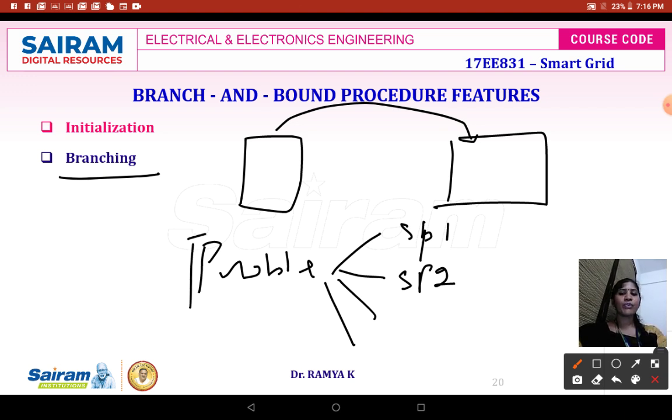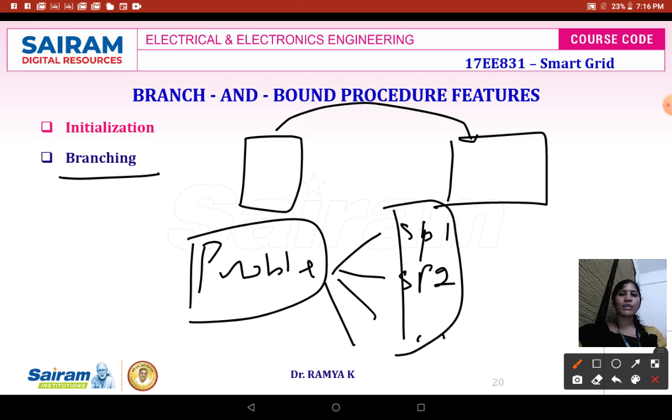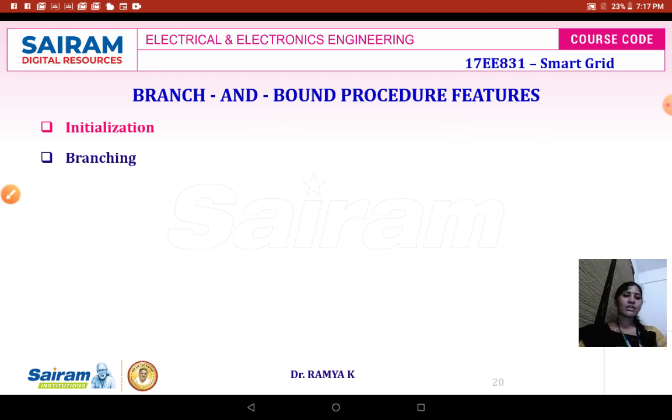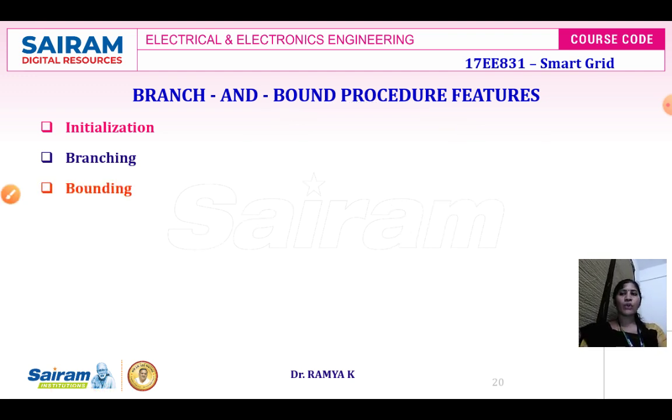So we have a problem and sub problems. For all these sub problems, the binary value will be fixed, either with 0 or 1, and we will be selecting the first element in natural ordering of the variable as a branching variable. Once the branching is done, then we'll go for the bounding function.